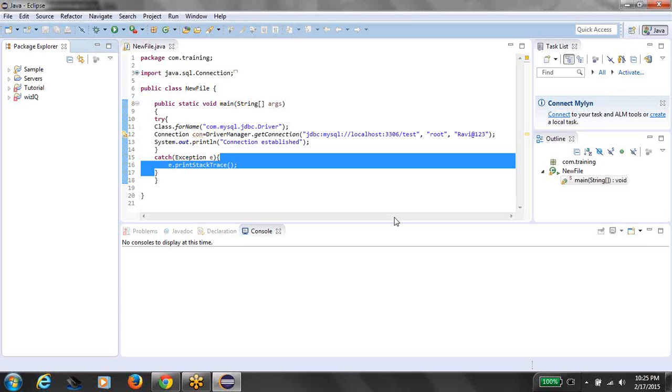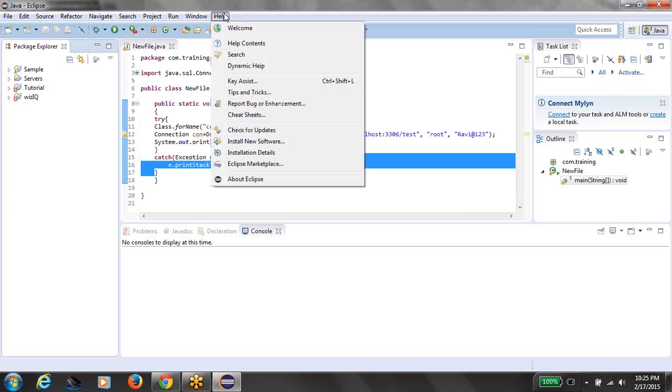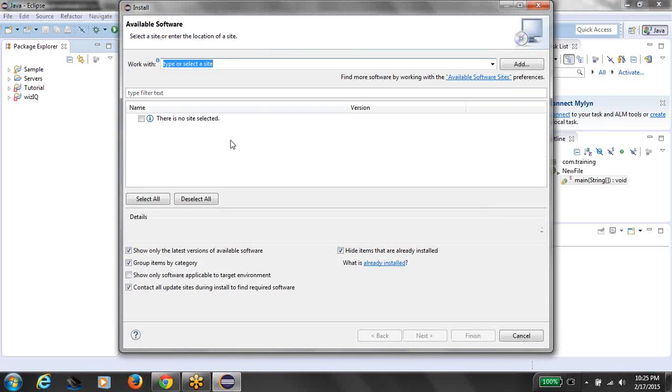Now you just need to go to Windows. No, go to Help and click on Install New Software. So Eclipse is used for various development environments. Basically what we have to do is make sure that we are using Eclipse for